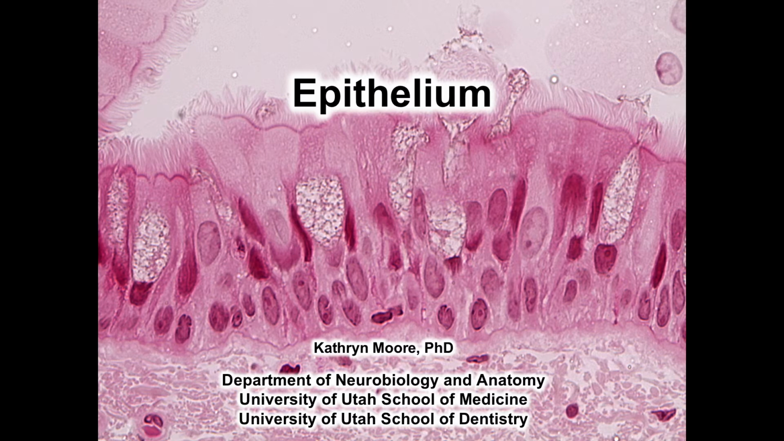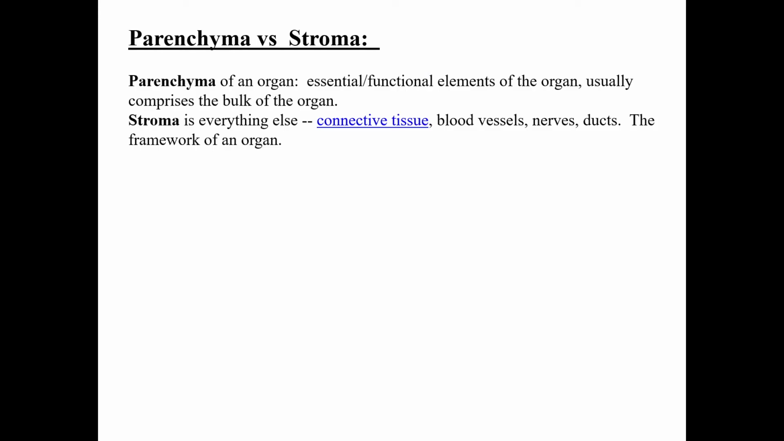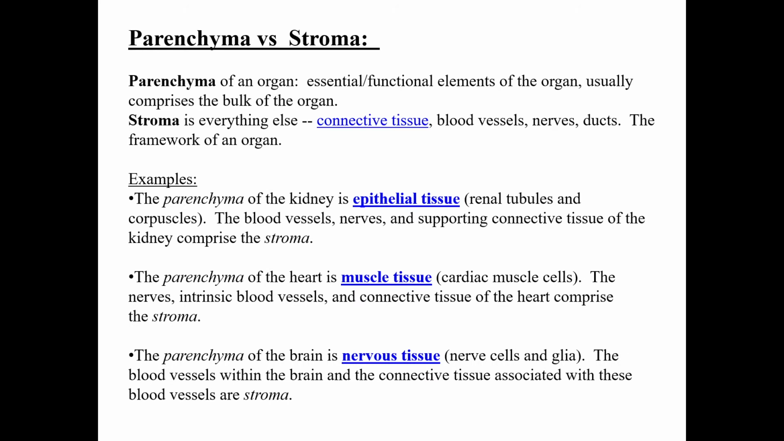Before we get to epithelial tissues, here are a couple of definitions that will be useful as we think about tissues and organs throughout the unit. Organs are divided into parenchyma, which consists of the cells that are responsible for that organ's function, and stroma, which is essentially everything else in the organ. Here are a couple of examples of parenchyma and stroma for different organs. The parenchyma of the heart, for example, is muscle tissue, while the nerves, blood vessels, and connective tissue comprise the